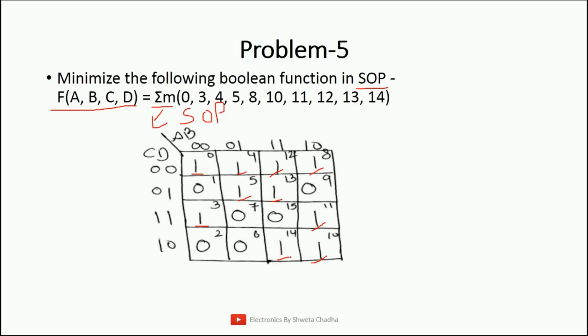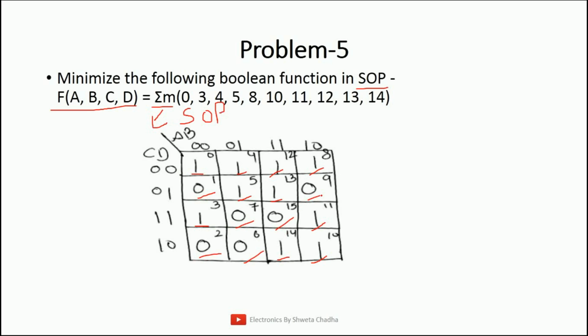Also students, how to draw a K-map and how to fill all the block numbers in an empty K-map, you can refer to my previous videos regarding the same, in which I have explained everything, how to draw the K-maps and what are the rules for the groupings and for the simplifications. Okay, so I have filled all the ones in the respective blocks in a 4 variable K-map, and the empty values will be filled with the opposite case, that is 0. So I have filled the whole K-map with the help of entries of zeros and ones.